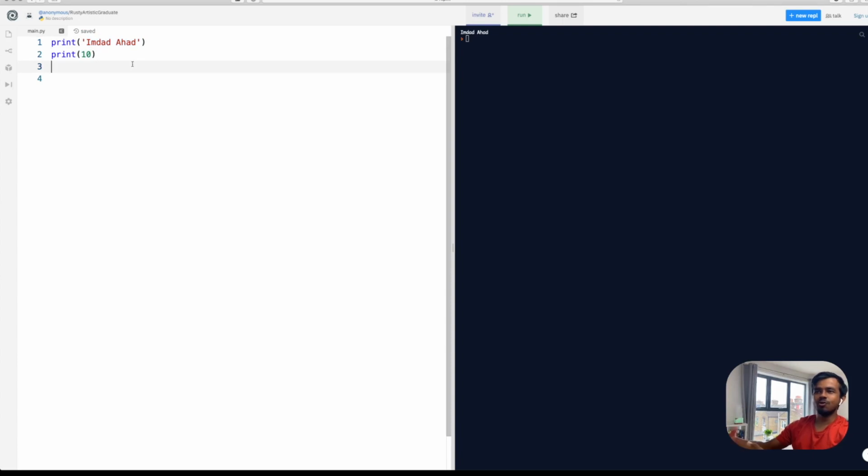Now, what do we call this? I'm using string and number. In Python, and other programming languages, you refer to these as data types. This is to say that whatever is inside this print bracket, this number 10, is of a type. It has a certain type associated with it, and that type is a number.